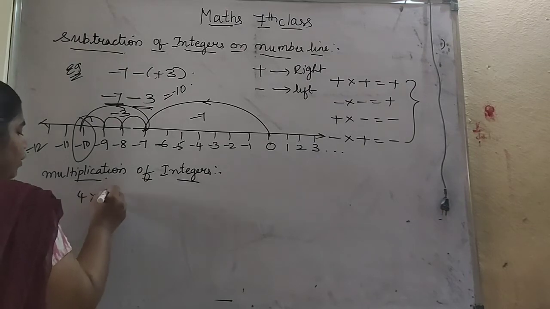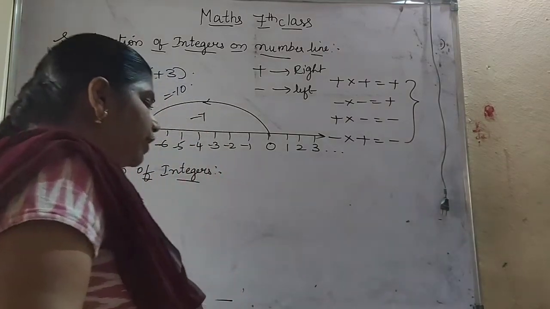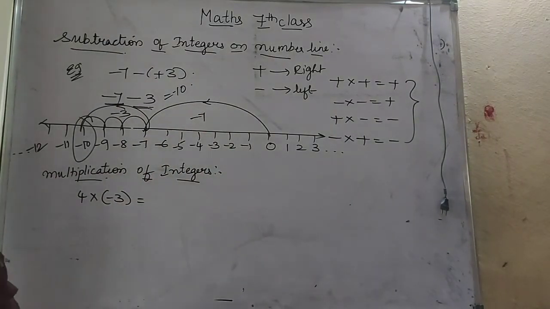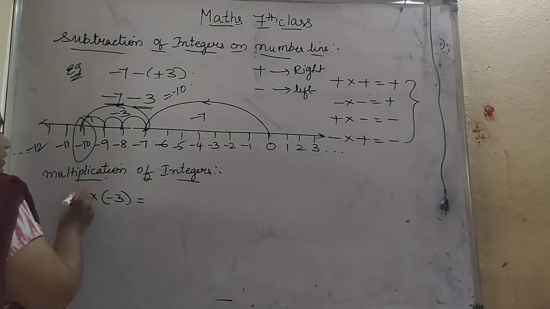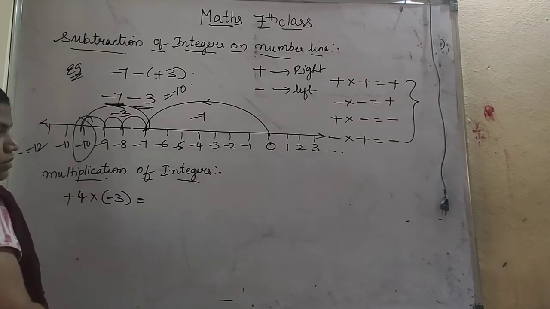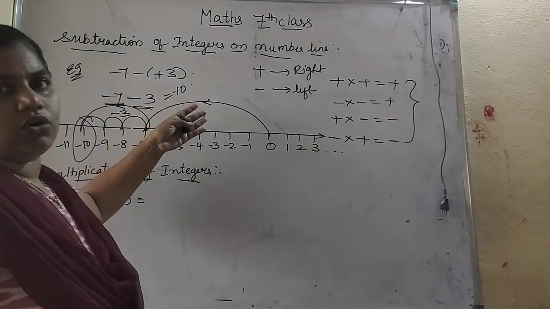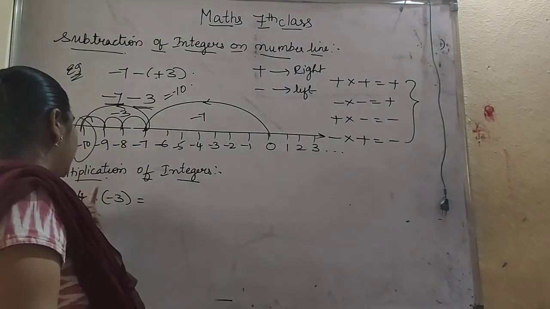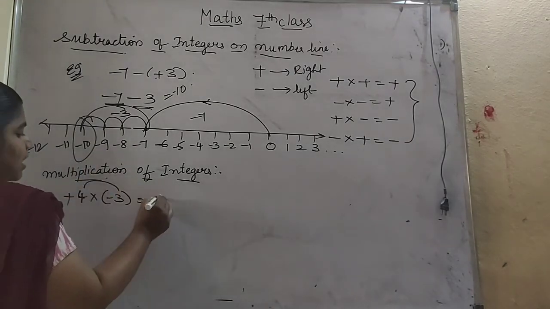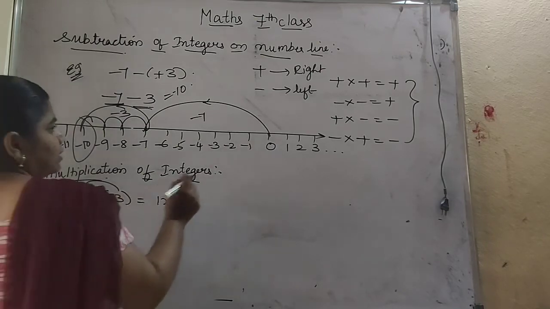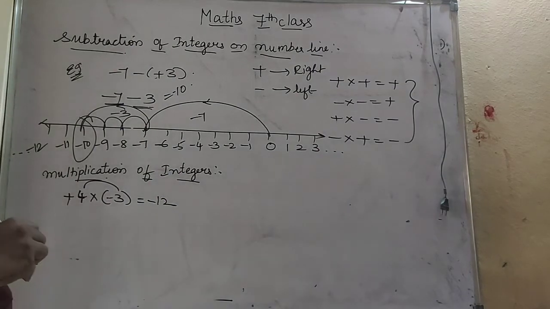So I am taking 4 into minus 3. So 4 into minus 3 is how much? Here what you will do, just look at the signs. The sign of 4 is plus and the sign of 3 is minus. So no need of taking any bigger number value or bigger number sign. Directly multiply the signs and place that sign here. Already we know that 4 3s is 12. And plus into minus, what is plus into minus? Plus into minus will be minus. So just write the answer as minus 12.